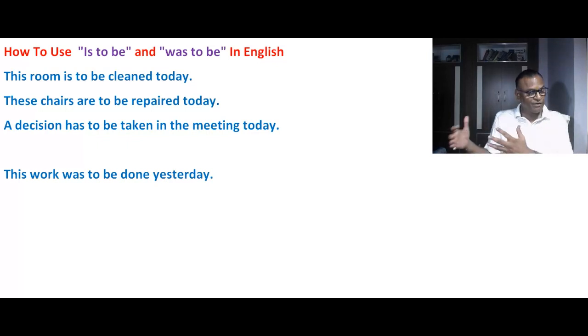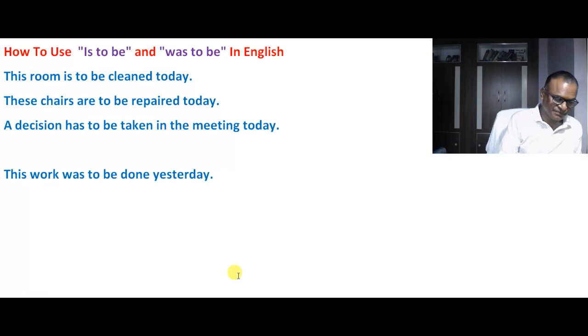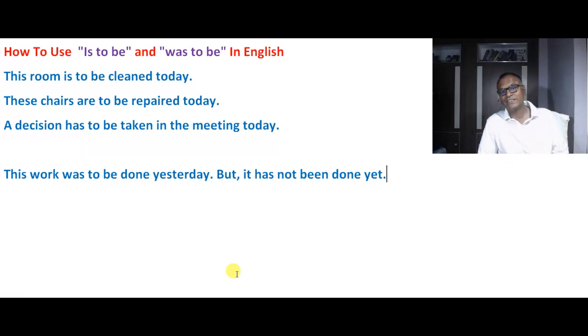अब जैसे इसमें और आप सेंटेंसेस अगर जोड़ दें, this work was to be done yesterday. ठीक है, कल किया जाना था लेकिन आज तक नहीं किया गया है. ये तो उसमें फिर वो और पैसिव सेंटेंसेस आप जोड़ के बना सकते हो। मैं आपको बता देता हूँ यहाँ पे, this work was to be done yesterday but it has not been done yet, मगर अभी तक ये नहीं किया गया है।